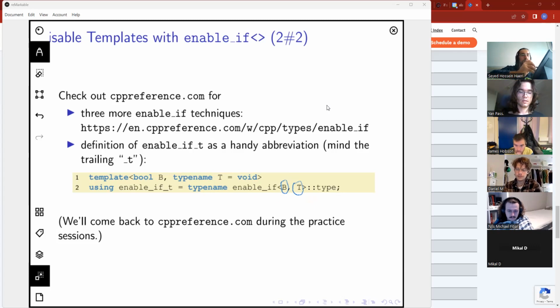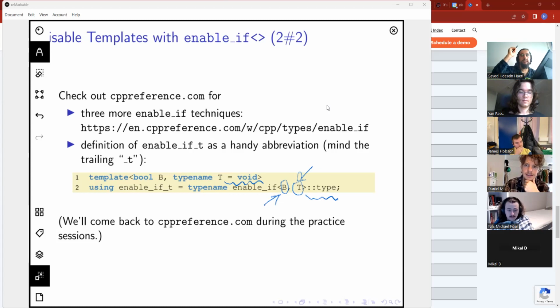The type that it returns as a meta function, which is this guy, will be T, provided that B reduces to true. We also have a default argument for T, which is void.